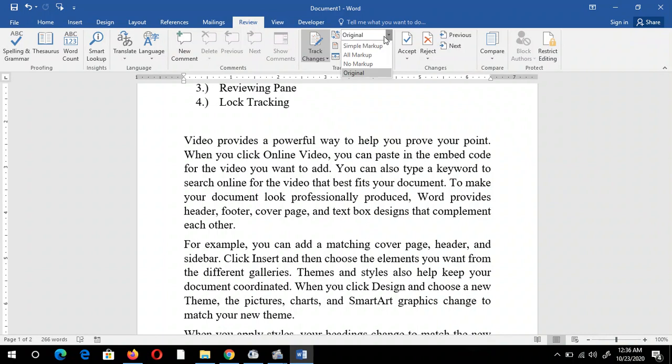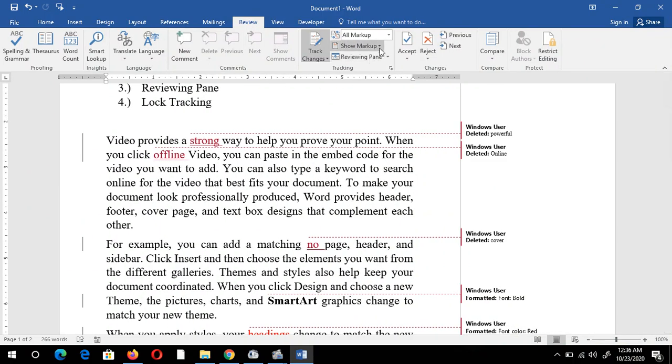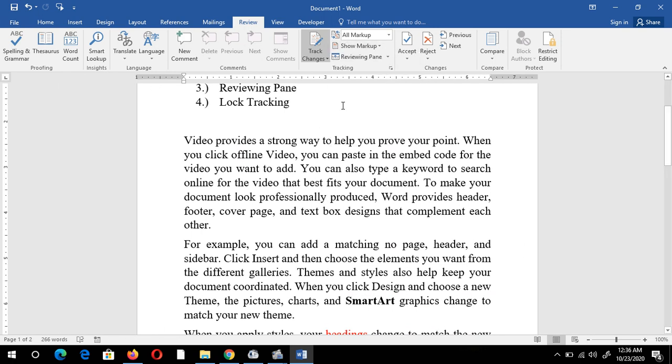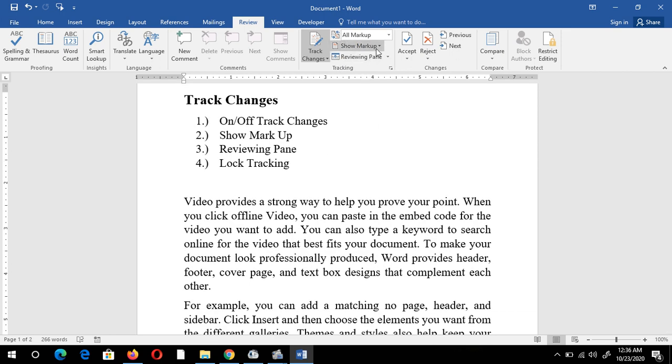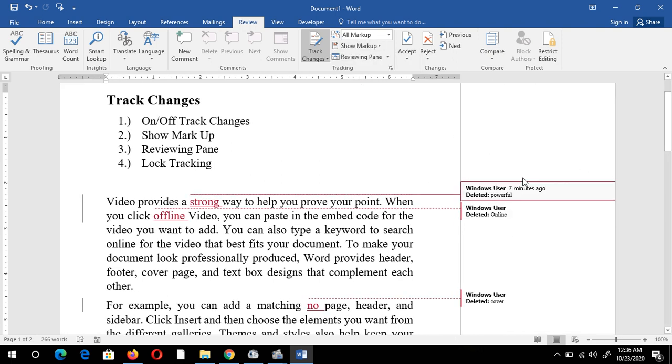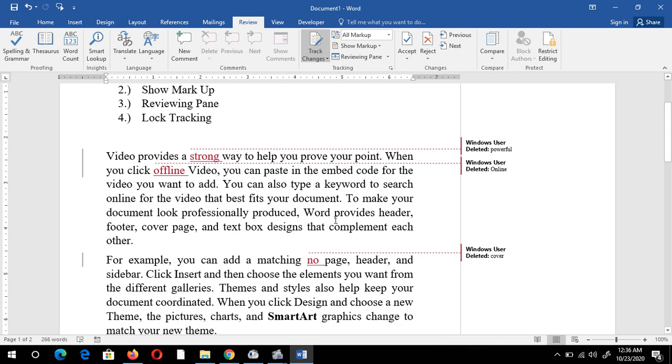Now suppose I want to see all the markup, and I can change this option, that is Show Markup. I can select only the comments. If you want to see only comments, you can deselect all the options and select Comments and show all the markup. This time it is not showing any comment, because I have not given that. I just want to select this Insertions and Deletions option. Now you can see only the insertions and deletions, where my text is deleted from and inserted.